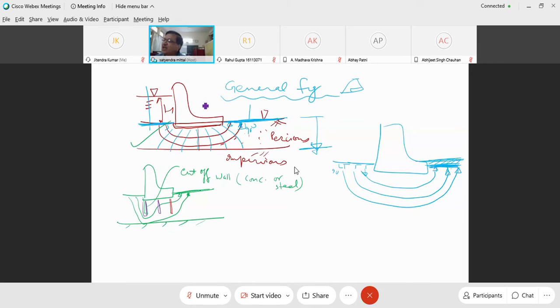So there can be first this situation, secondly the upstream side cutoff wall, and third it could be the downstream. This I am just removing. So there can be three kinds of situation. If we give you this type of question, that compute the discharge in such situations, when there is no cutoff wall, second when there is an upstream cutoff wall, third when there is a downstream cutoff wall, then the procedure is the same. You will draw the flow net.